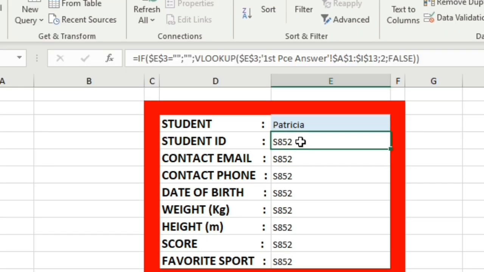Here we go. So we have here the student ID repeated because we didn't change the column number. As you see, the student ID column number is 2. Also for the contact email we have 2. Also for the phone we have 2. So we should